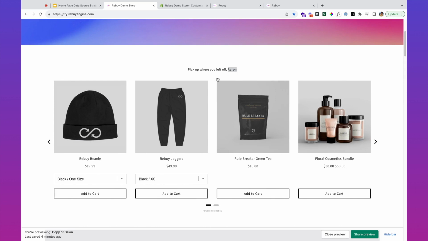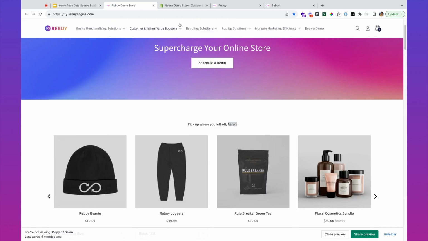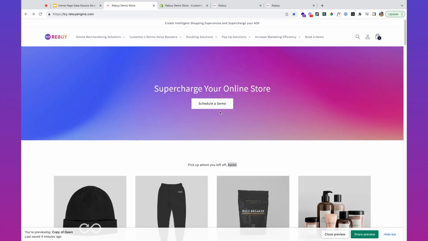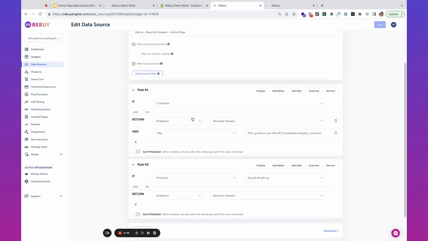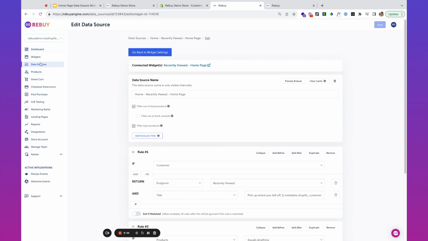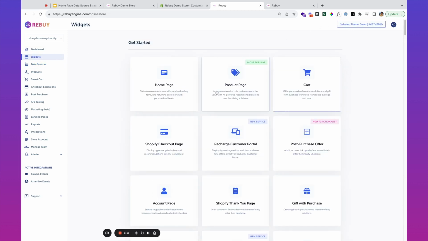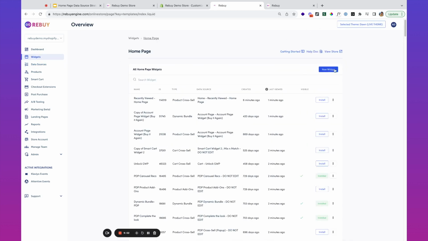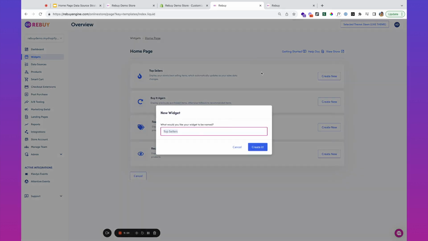What if we want to take that a step further, right? Let's say we want to add another Rebuy widget here and we want to show our top selling products. Maybe we are running some influencer campaigns or social media campaigns where very specific products should be shown as well too. What we can do is, again, we'll go to widgets and I'm going to create another homepage widget here. So I'm going to click on homepage, new widget. Let's call this one